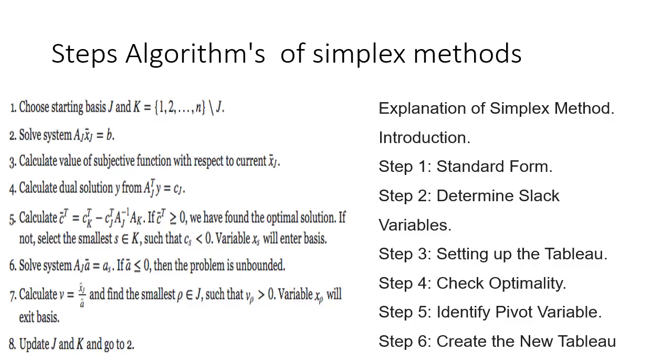Then we set up the initial simplex tableau by creating an augmented matrix from the equations, placing the equation for the objective function last. That is, we determine the slack variables. We put all the decision variables equal to 0 and find out the value of the slack variables. And then we define our initial simplex table and create the augmented matrix by putting the values into it. Then we determine a pivot element and use matrix row operations to convert the column containing the pivot